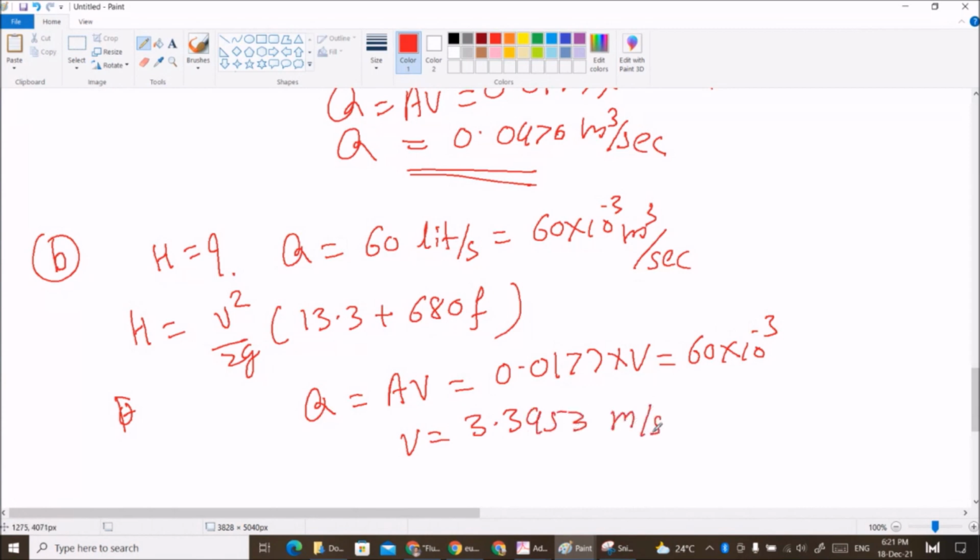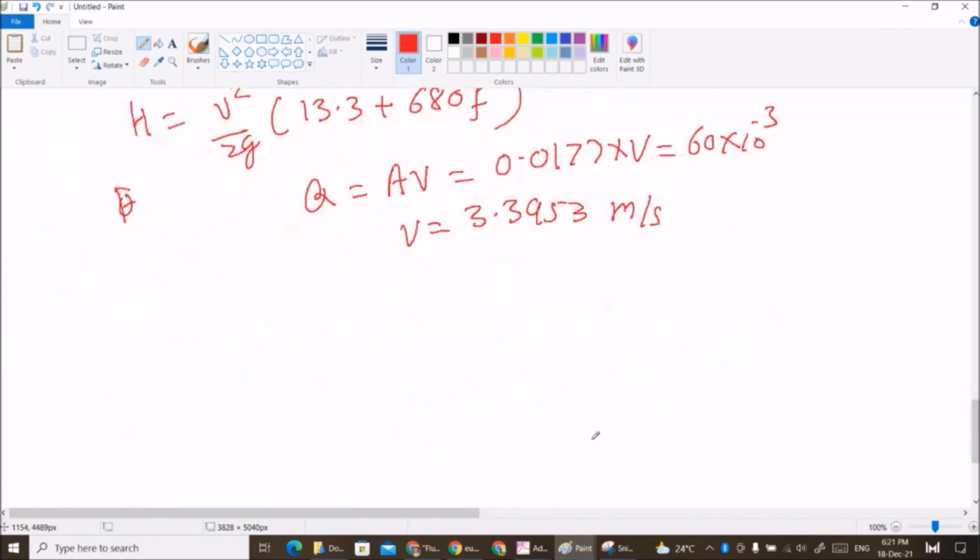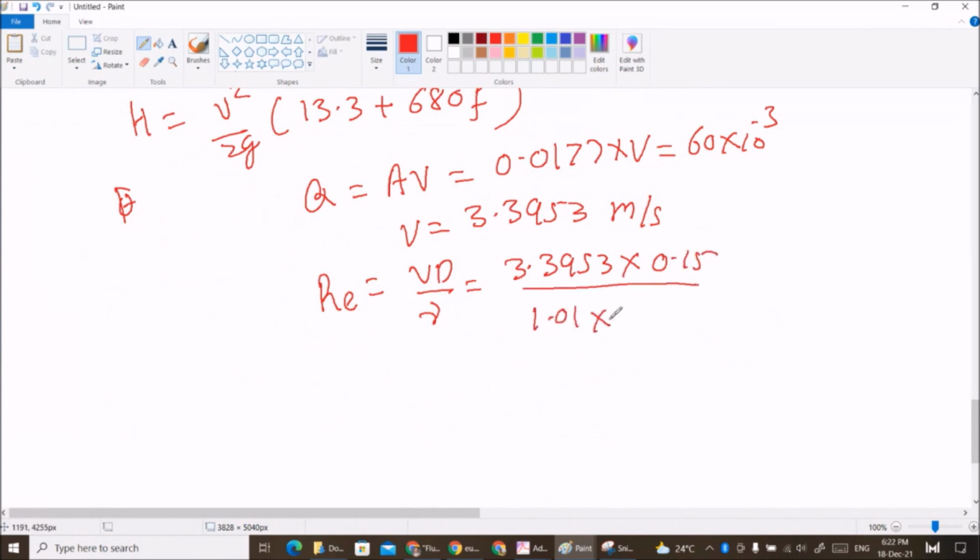3.3953 meter per second. So which will give me a Reynolds number, Re is equal to capital D by nu. So 3.3953 into 0.15 divided by 1.01 into 10 to the power minus 6 is equal to 504253. Okay, so it is approximately 5 into 10 to the power 5. So from the chart,